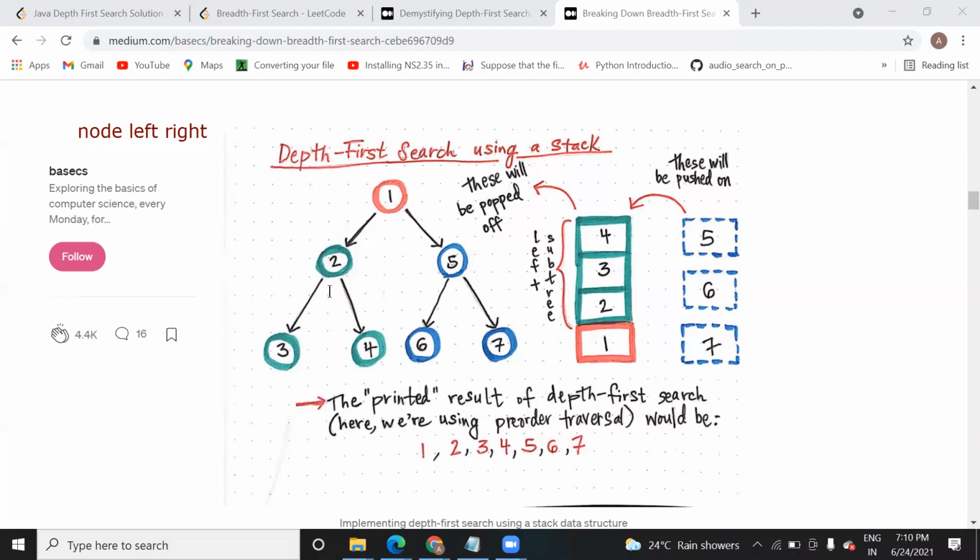Can you tell me how it will do that? One is the node over there. It will check the left and right. Left first, that will be 2. Then 2 is also a node, so it will go again left and right. Then 3. Once you come to 3 and 4, you will come to this left side. It is also a node. Then you will come left and right. So this is called pre-order.